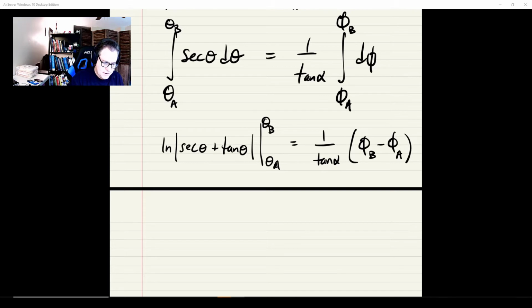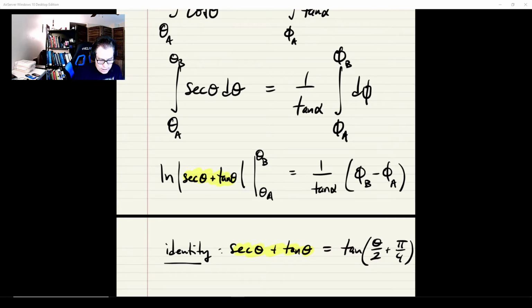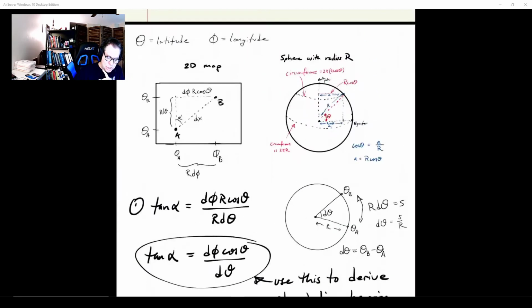All right, now this next thing that I want to do is I want to rewrite this. Not that I necessarily particularly have to, but what I want to do is write this secant theta plus tan theta as just the tangent of theta over 2 plus pi over 4. Again, don't have to, but exactly at this moment, it just reminded me that I wanted to say something earlier, that all these angles must be in radians. Part of that is you can see right here, you can't measure this in degrees and expect it to equal the result there. But perhaps even more fundamental, all the way back at the beginning, I should have said that